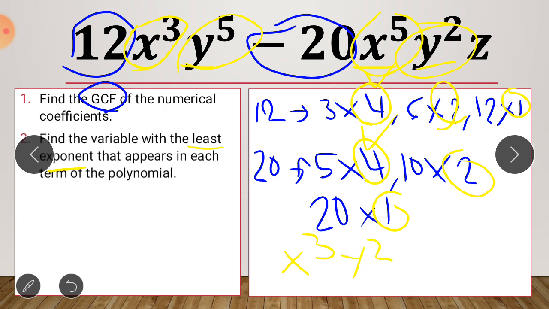Okay? So we will not consider z since z is not a common variable. The first term does not have z. So therefore, we will not consider z in step number 2. So for step number 2, we have x cubed y squared. Okay? So next step,